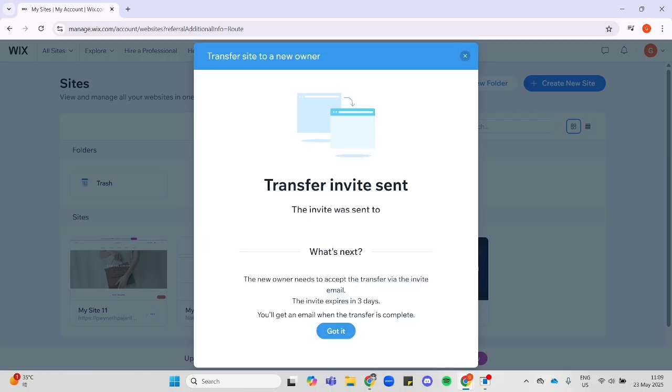A transfer invite will be sent to your client's email and they need to accept this invite. And then you will be sent an email once the transfer is complete. And that is how you can transfer your Wix website to a